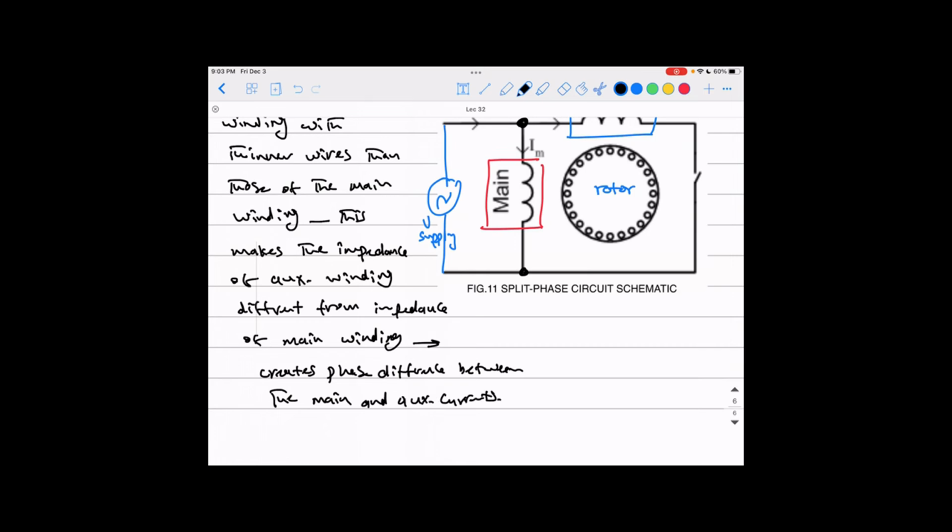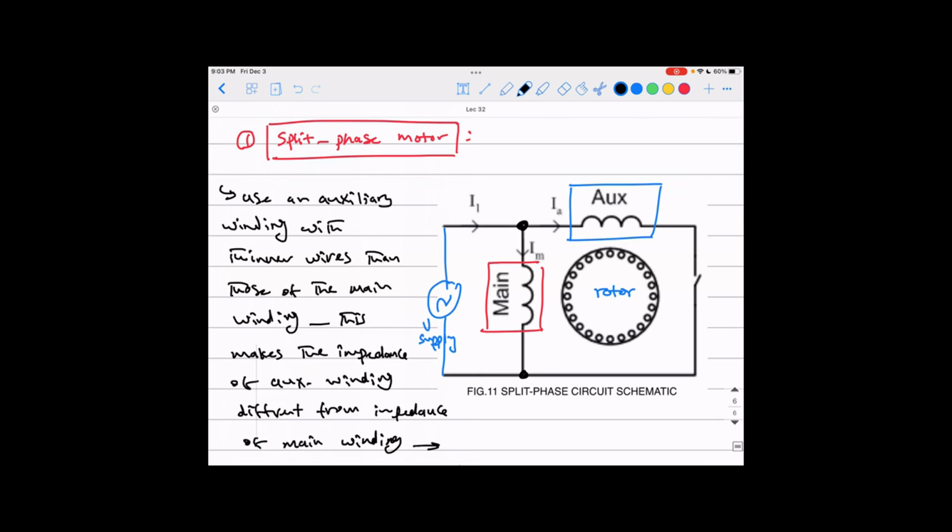So like we said, we can use two windings in parallel, but the whole point is they cannot be